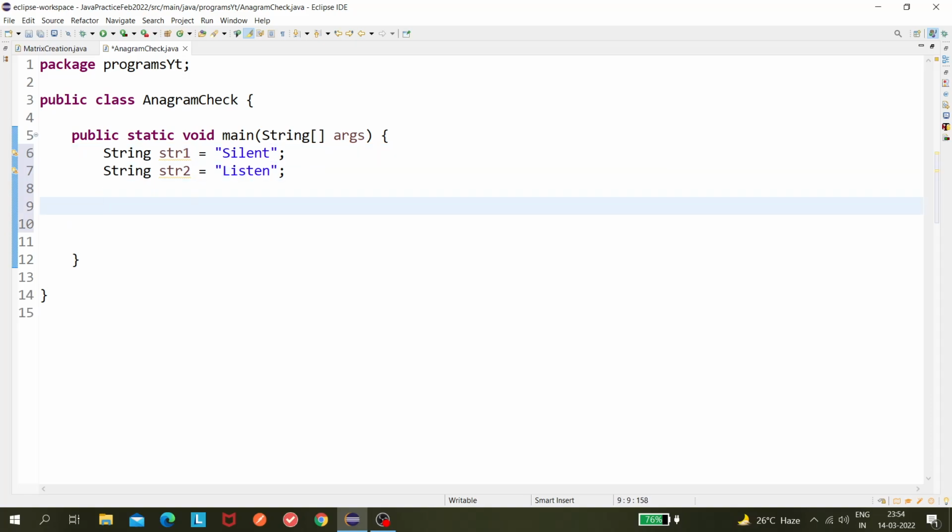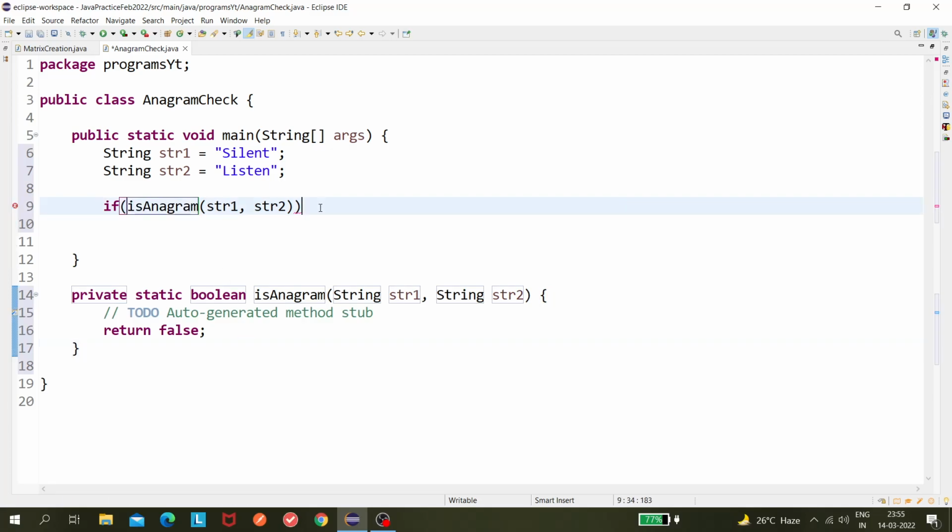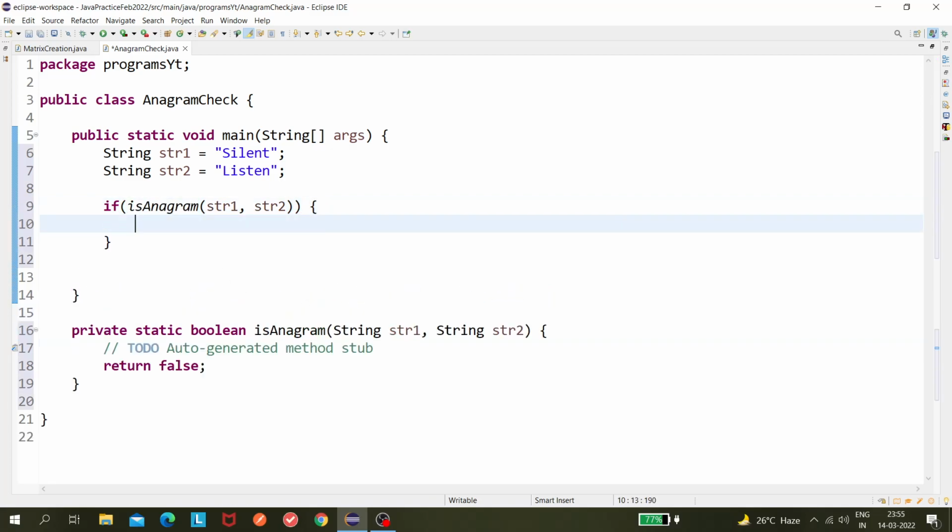So let's say I need to implement a method isAnagram, and here I will pass str1 and str2. This boolean method will be returning whether it is an anagram. So isAnagram should return a boolean, true or false, right? So I'm creating this method here, and within this, if this is true, then we will print